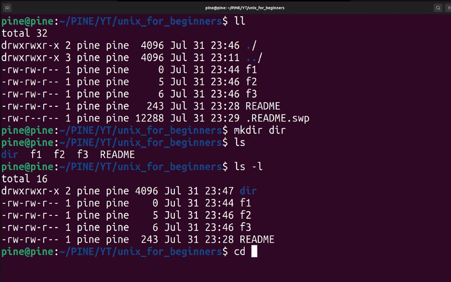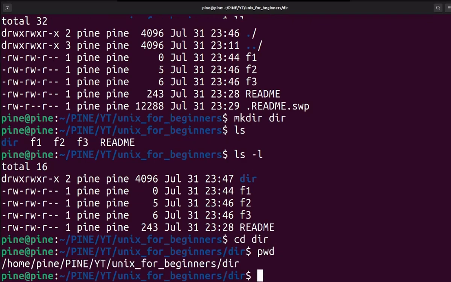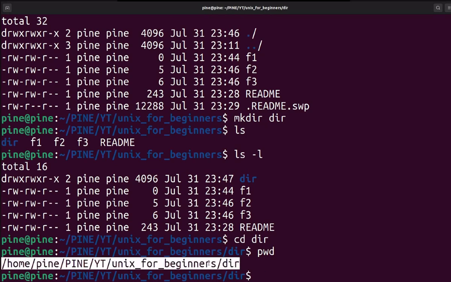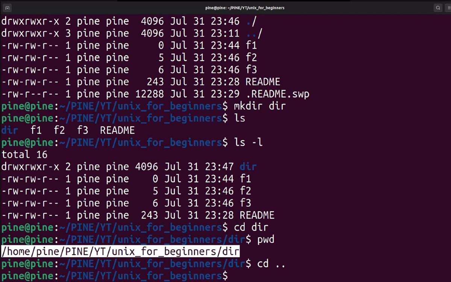Change directory: cd dir, enter. So you can now see with the pwd command that you have entered inside the dir directory. How to come back? I told you, cd dot dot. If you do cd dot dot one time and hit enter, you can go one level back. If you want to go, let's say, two levels back, not just one but two,